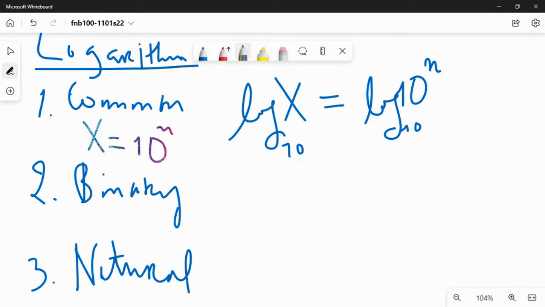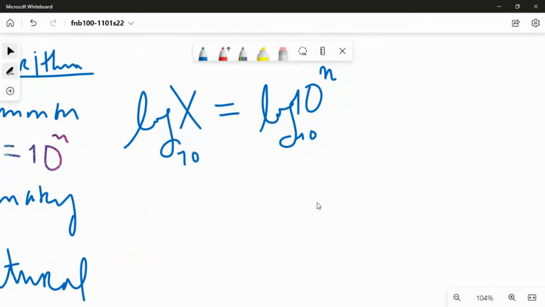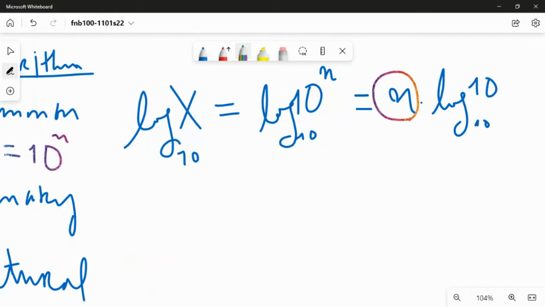Then you can bring down that n as if it is some coefficient, right? And that's the benefit of what log does, because